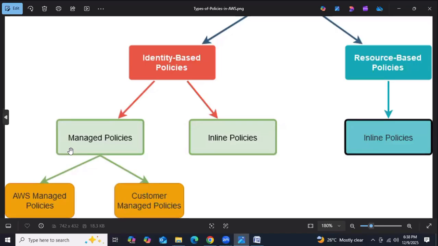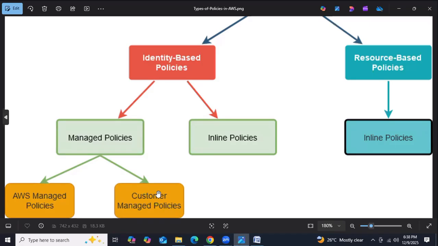That is called fine-grained policies, granular permissions. Fine-grained policy means according to our requirement, we can customize. Small to smallest permissions we can manage in a customer managed policy.